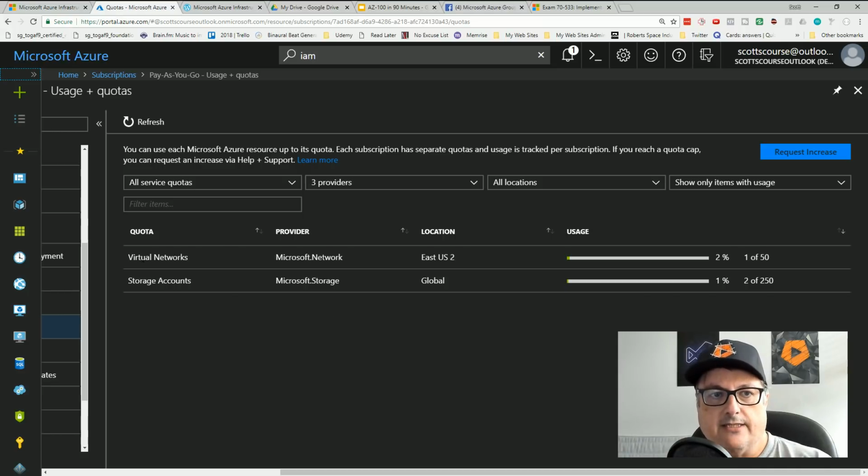So for instance, it doesn't really show you here, but for virtual machines, I think there's only a 10 CPU quota. That's just by default. But you can see here that I have a quota of 50 for virtual networks. For storage accounts, there's a button to request increases.